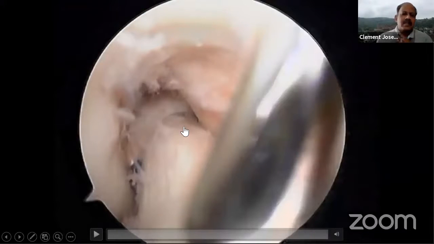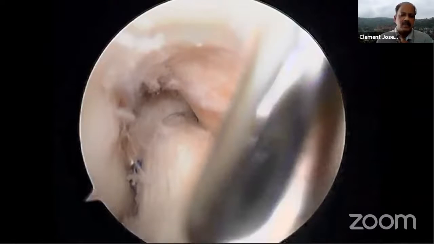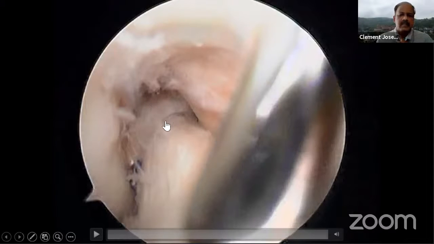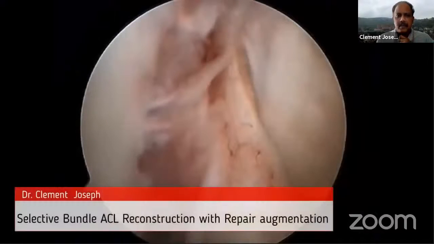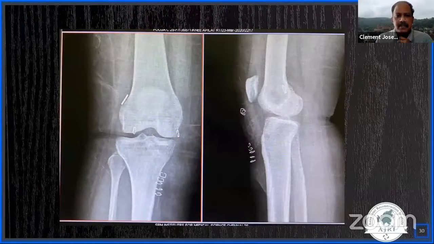The 0 fiber wires which have been taken from the ACL remnant are tied to the white threads of the tightrope, which are the non-sliding arms, so that the ACL remnant is tightened over the ACL graft. So this is another technique which you can use if you find the original remnant is lax, loose, and non-functional. Something like a combination of reconstruction and a primary repair. So this is a picture of the patient.